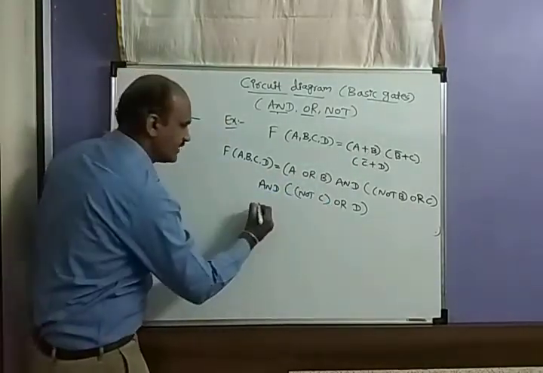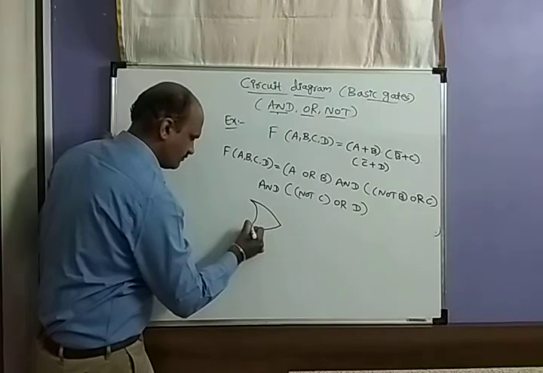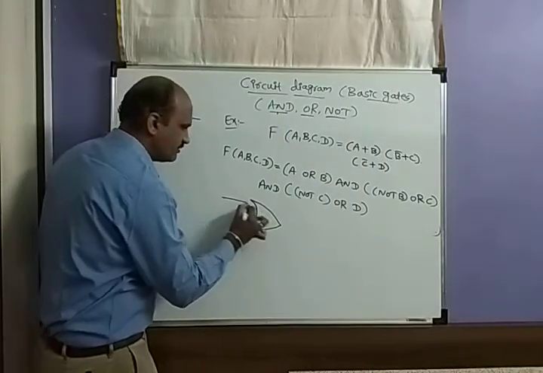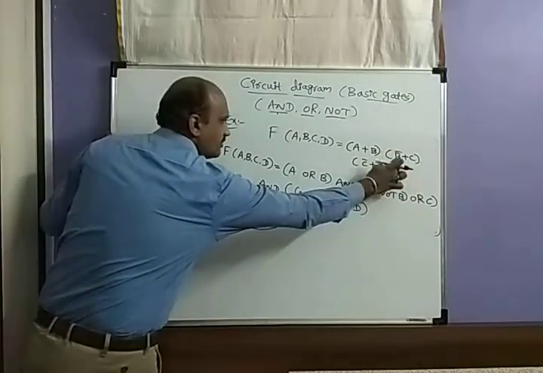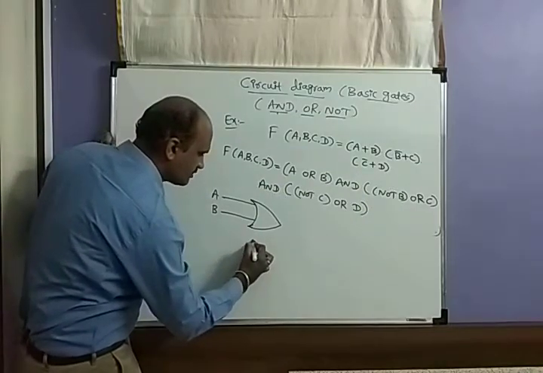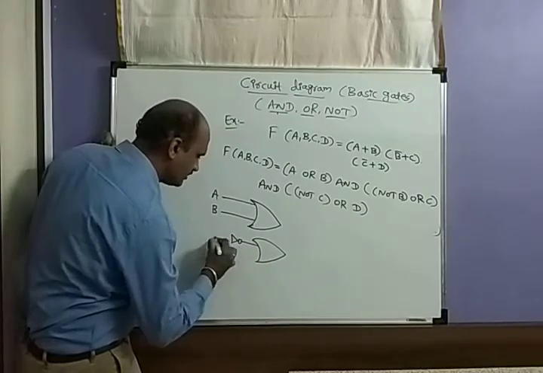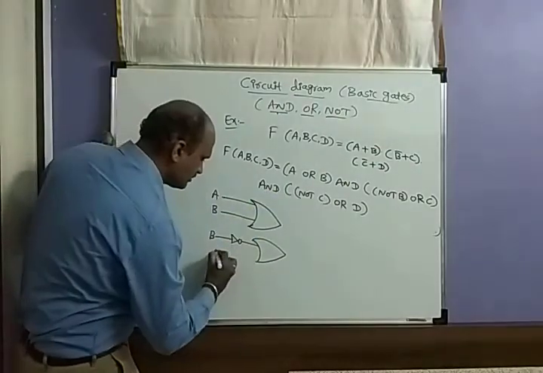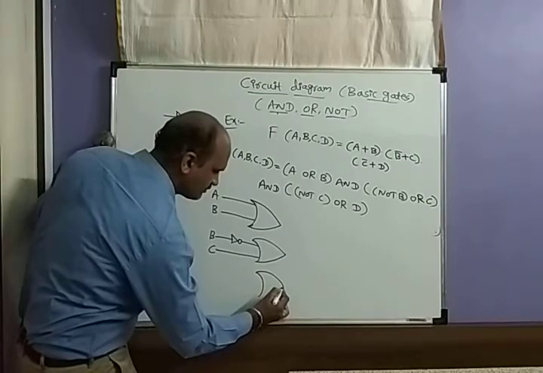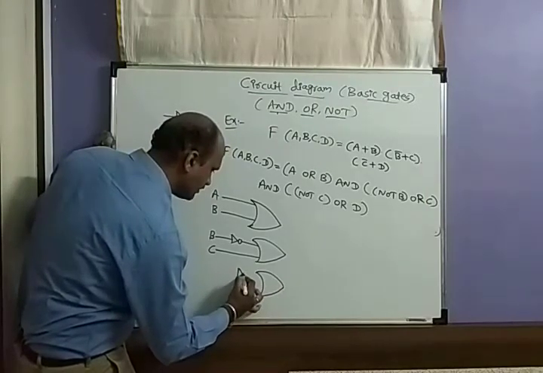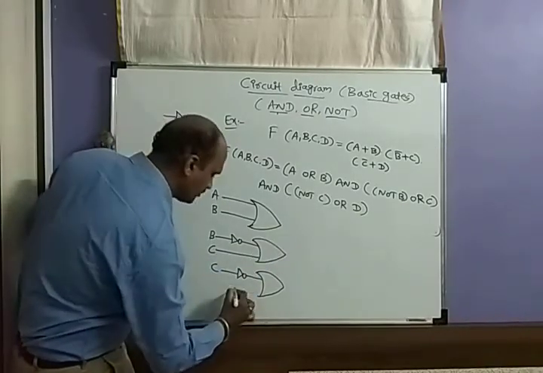So when you write the circuit diagram, A plus B means this OR gate will come. You get the OR gate now. Outside A, B, two inputs are there. Then another one, B bar plus C, again an OR gate. As I told you, if it is a NOT gate, you should write a NOT gate for that. This is B bar plus C. Then another one, C bar, there is another NOT gate, another NOT gate for C. And another input is D.